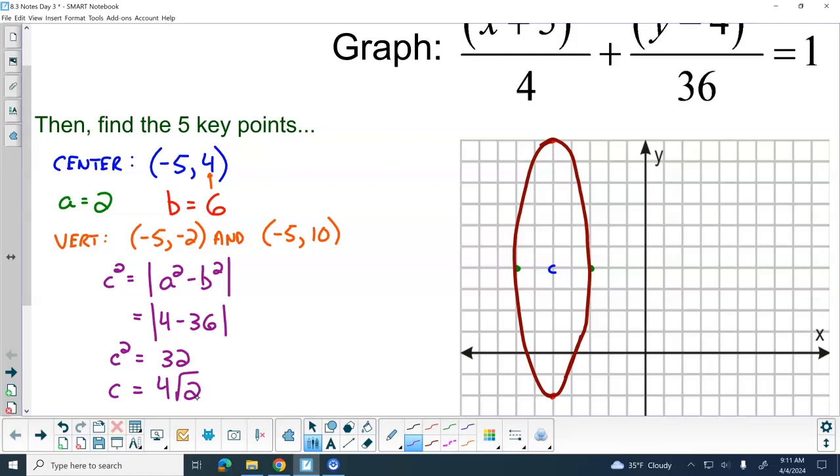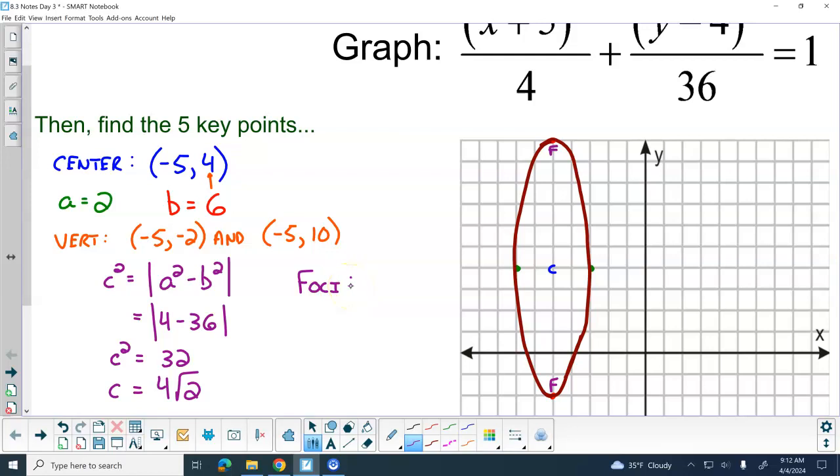Yes, I like that. Approximately, how big is square root of 32? Between 5 and 6 somewhere? Yeah, somewhere between 5 and 6. So it's way up here. The actual points for the foci